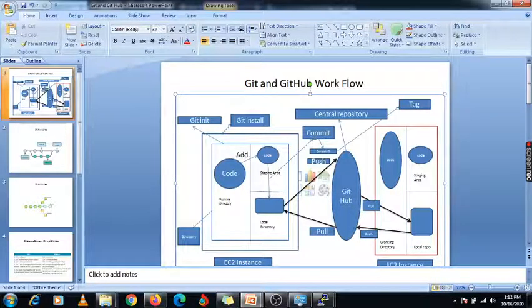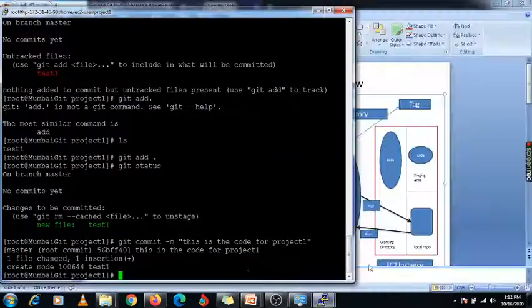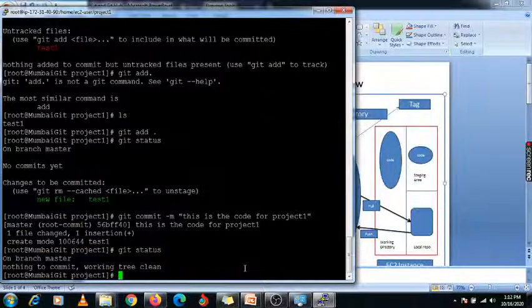Now this commit command will create one commit id, right? So how will we get that commit id? We can use another command. First you can check git space status. Here there is nothing to commit, working tree clean. That means this data has now moved from the working directory through the staging area. Now we need to check which commit id is created for this code, right?